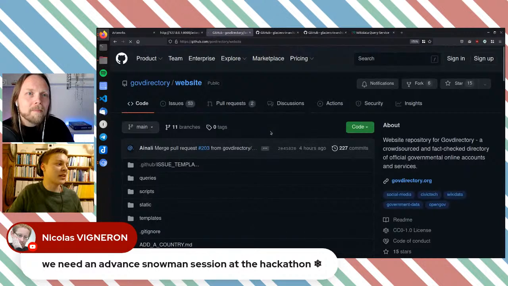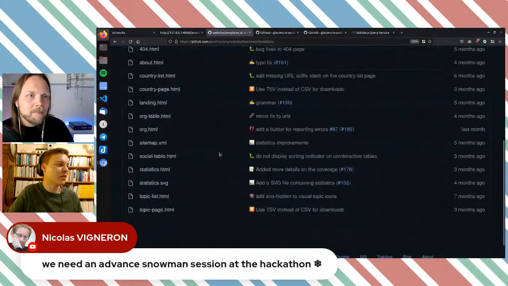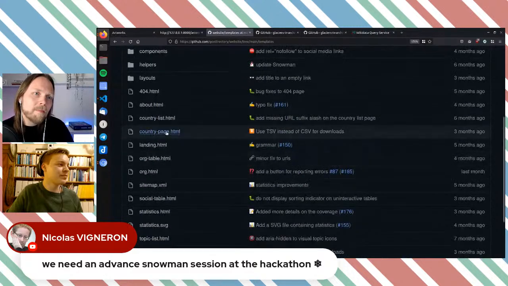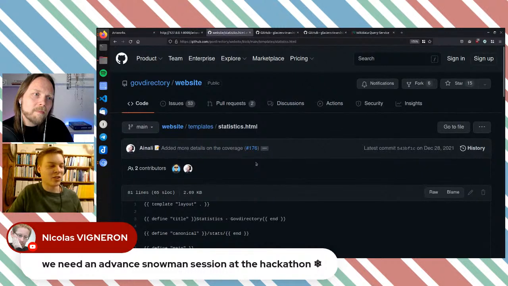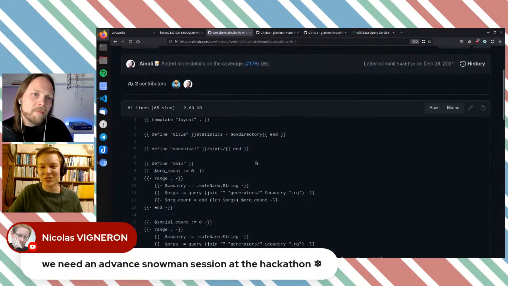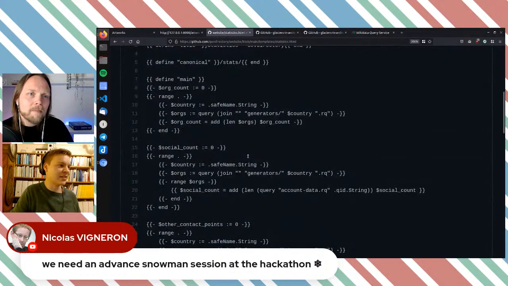If I go to the website, which could be a rather complex template, for example the statistics one, we combine various queries into statistics for each query, and then it can look something like this.